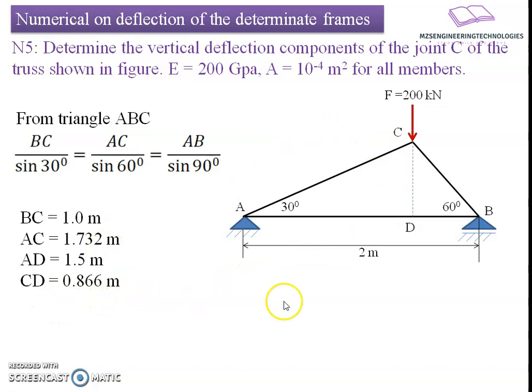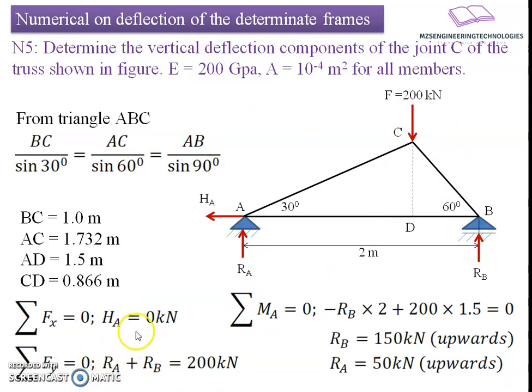Now, after knowing the geometric parameters, let us try to find the unknown reactive forces. The end condition at A is a hinge and the end condition at B is a roller. So the hinge will attract two forces, whereas the roller will attract a single reactive force. So RA, RB and HA are the reactive forces which are unknown. To find these, we'll apply the static equilibrium equations to this geometry. The summation of forces in the x direction results in HA minus 0, meaning there is no external force moving in the horizontal direction to balance this reactive force. That's why HA tends to be negligible or 0.